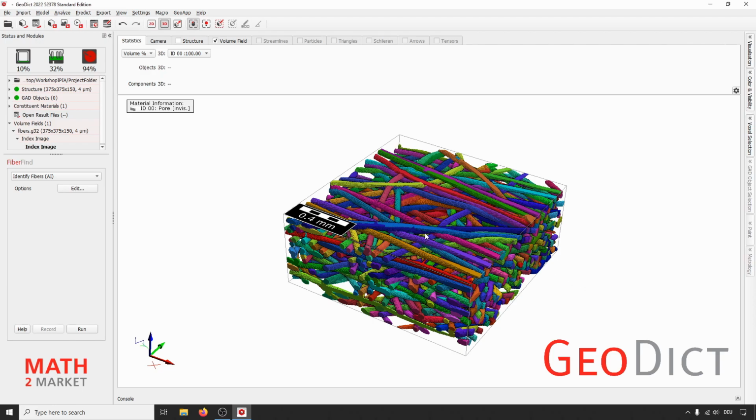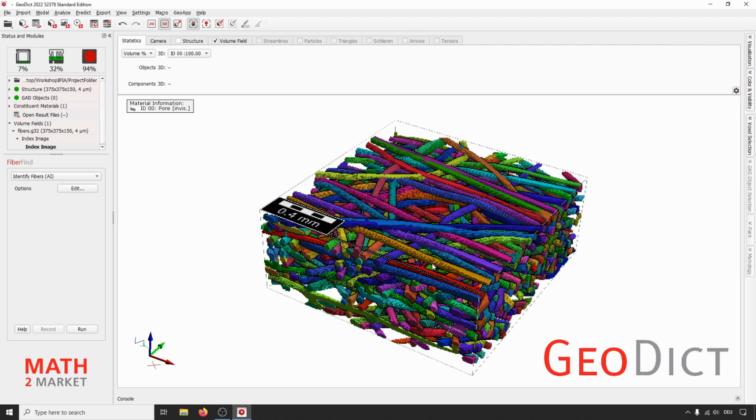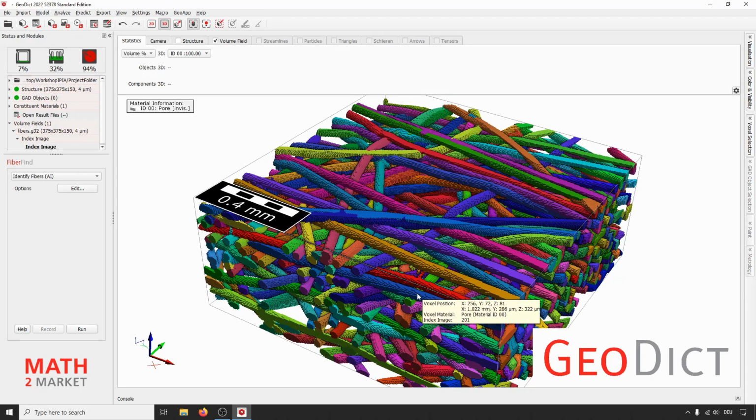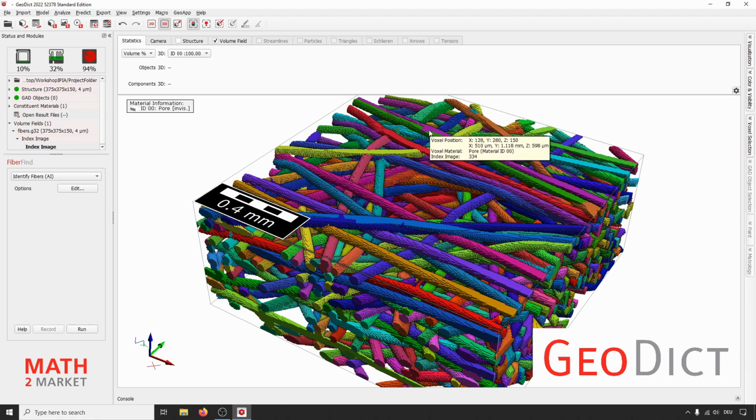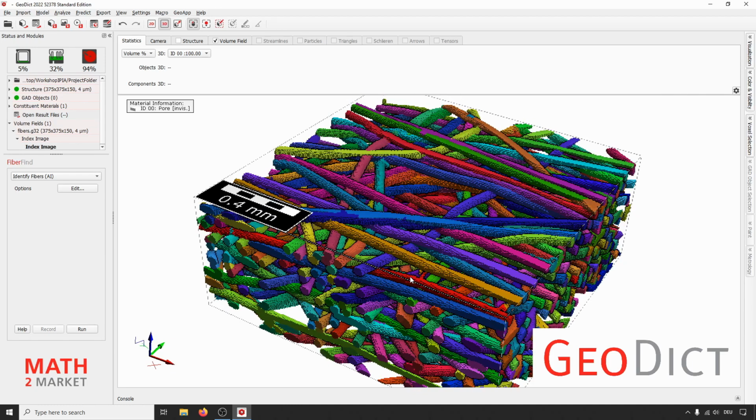I think this directly looks quite nice. You can see the individual fibers colored in different colors, and in most cases the network works quite well. I think here's one case where we see two fibers are not separated properly, but in other cases, even at the boundary, the result looks quite good. Even in this case where two fibers are running in parallel all the time, they're quite well separated. Only here are some slight mistakes, but these are also boundary effects.